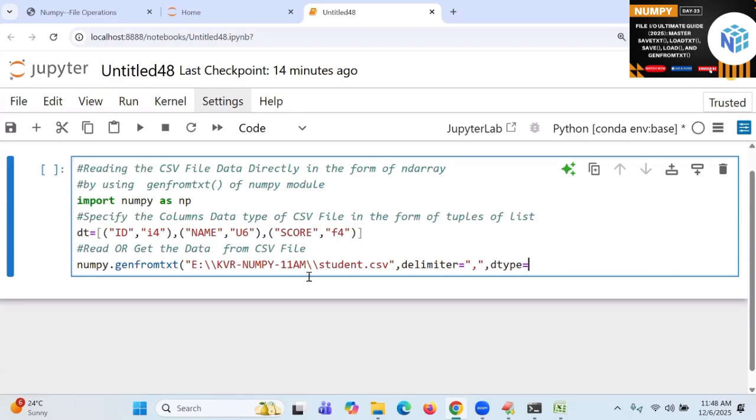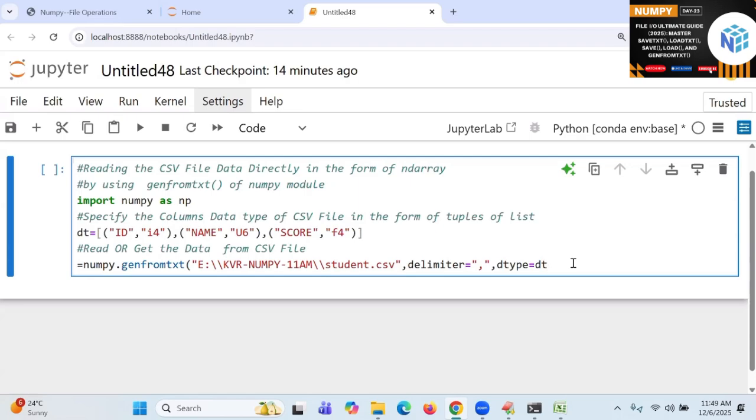dtype is equal to dt. Very, very important. When I'm going to get the data from this place into an ndarray, I will write some extra variable on the left side that is going to contain the data type values. ID will be treated as integer, name to be treated like this, score to be treated like this.